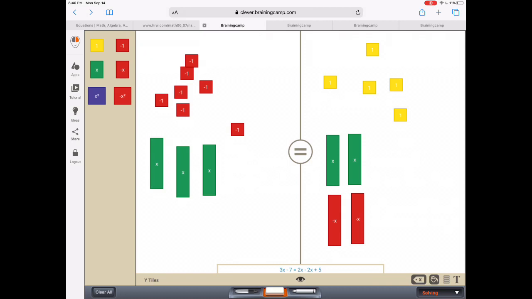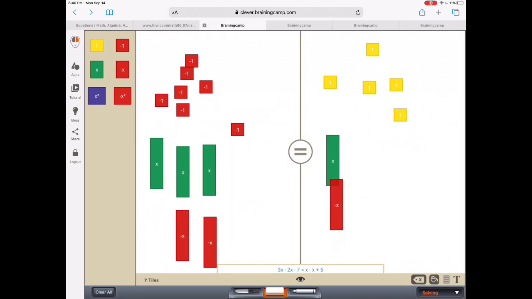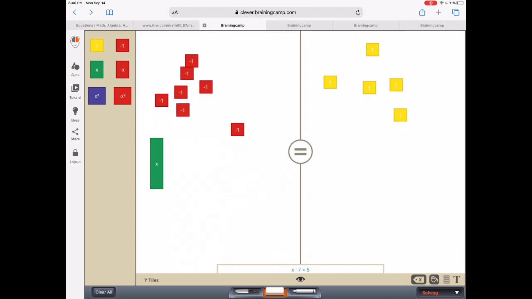So I'm going to add -2, and if I add -2 to that side, I'm going to add -2 to this side. Once I've added them to both sides, guys, then you can create your 0 pairs, where these cancel out. Now again, I still don't have x by itself yet. I need to get rid of this -7,